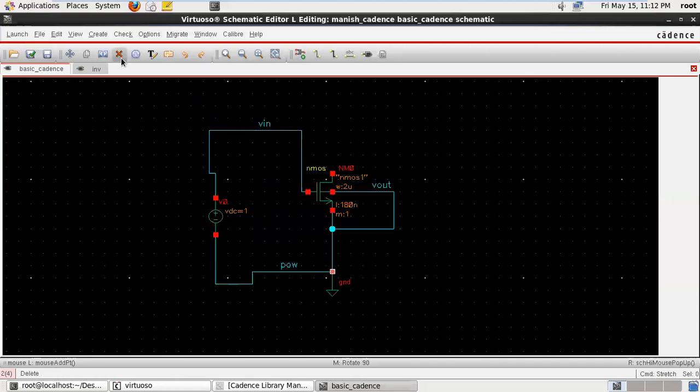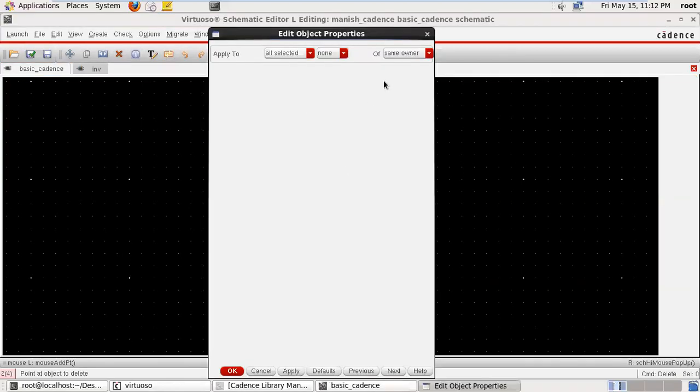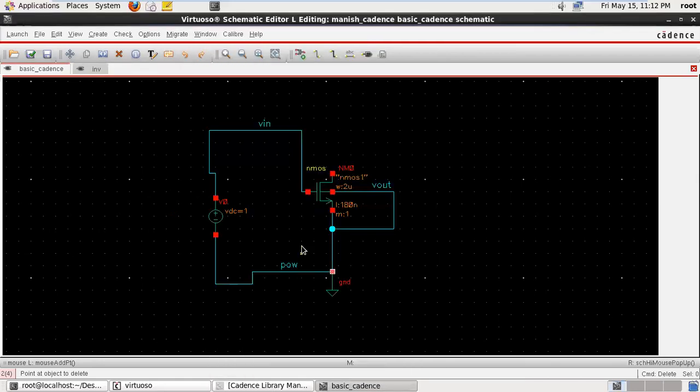Okay, delete is used to delete a particular component. Okay, this is edit property, used to edit the particular property. My delete command is active till now, so just press escape. So that is edit property.